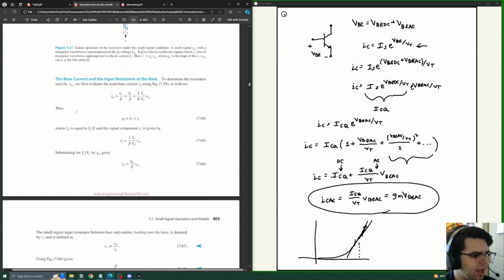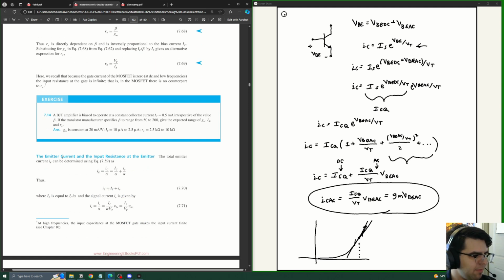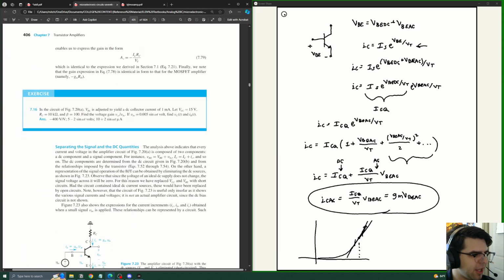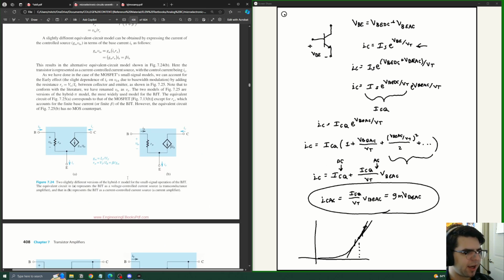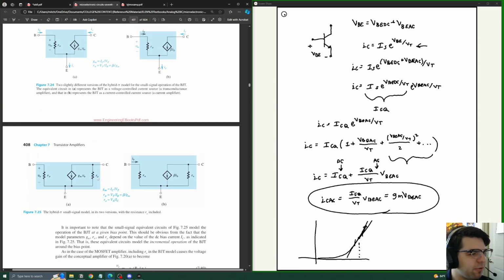So you can see how they also analyze the base, and that's where they get R pi. Then we can create the pi model, and you do the emitter, then that's how we get some of the emitter relationships. And then putting that all together, with a nice little clever construction, we can create our pi models, right? And then here they also account for the early voltage with the RO right here, being the early voltage